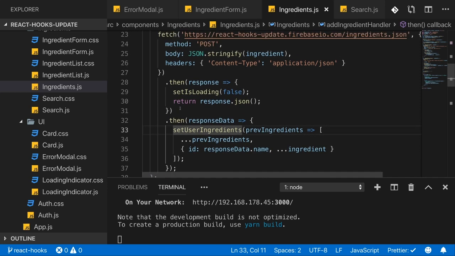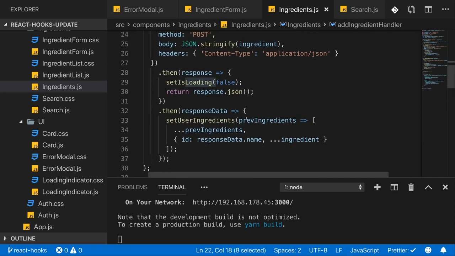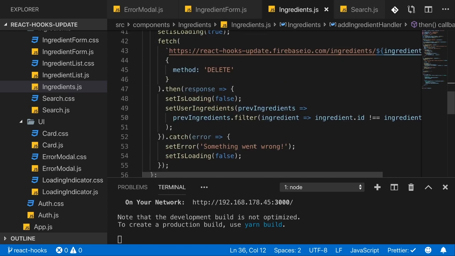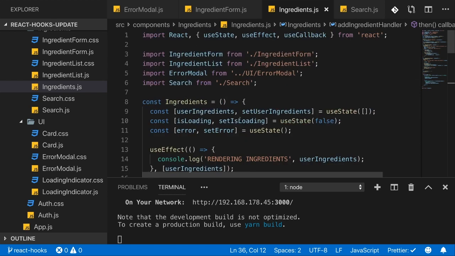When we set our ingredients because we added a new one, we're depending on our old ingredients. It's not really a different state, we're not depending on loading or error here, but it's an older snapshot of the same state. So in such cases where you depend on the older state, or you need to update new state based on maybe also some other new state of another state object, then there is a better way than using useState. You can instead call or use